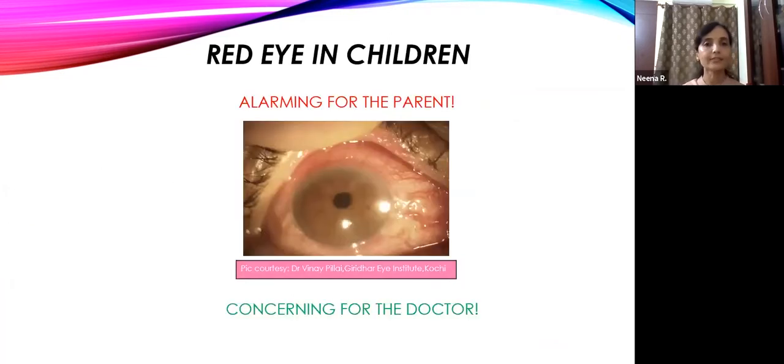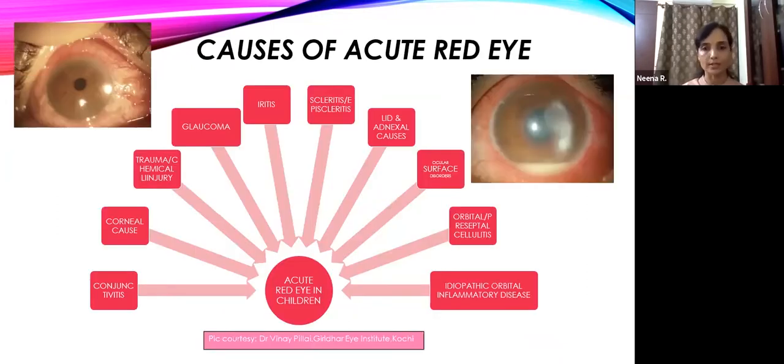So let me start with red eye in children. It's a very concerning sign for the doctor, as well as an alarming condition for the parent. Most of the time, the parent will bring the child to the pediatrician first, so it's very important that we know which is the innocuous condition and which is the most serious condition. On the left, you can see a very diffuse conjunctival congestion. The cornea is clear. This is a simple conjunctivitis. Whereas on the right side,